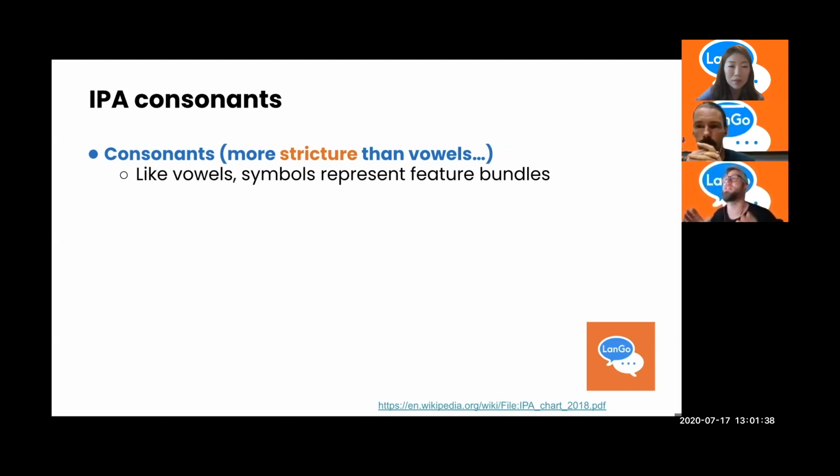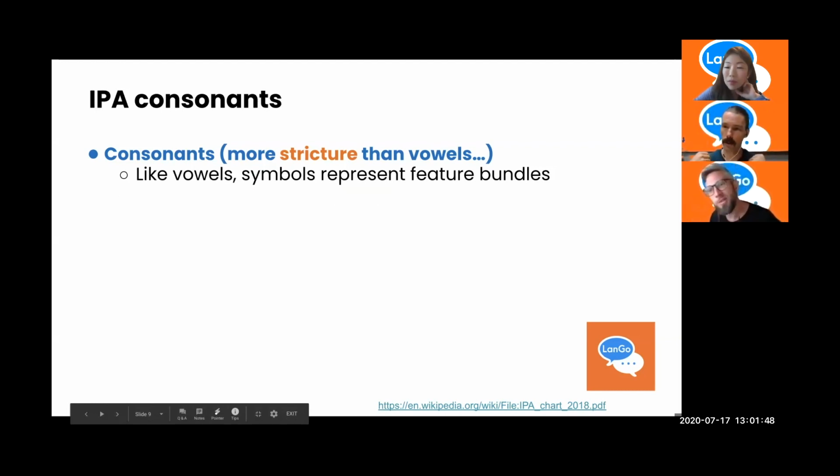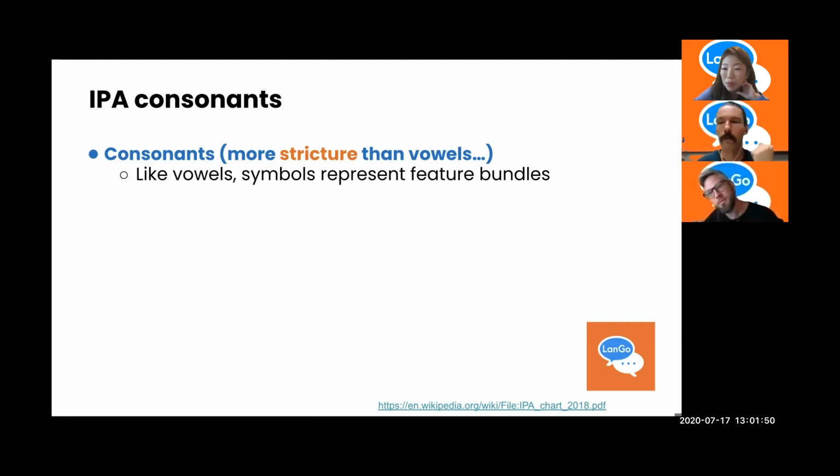So what happens is that when you are making a vowel, there's very little blocking or impeding the air out. Right? Yeah, all speech sounds that we're going to talk about involve air coming out of the lungs through the mouth. Yes, all the phonemic speech sounds in English are pulmonic, egressive. They're coming out of your lungs. There are languages that have sounds that are not like that, but we're not going to discuss those ones today too much. But they're super fun.